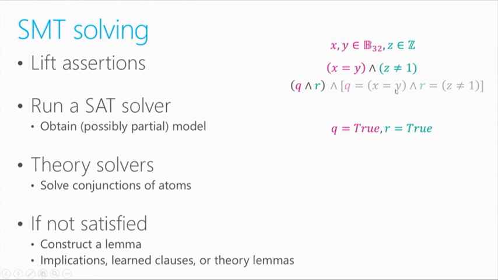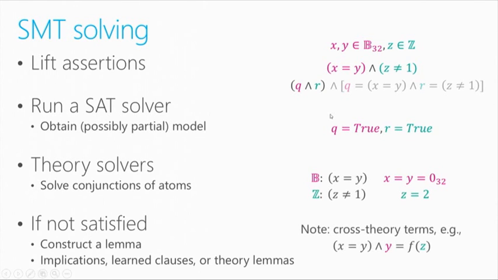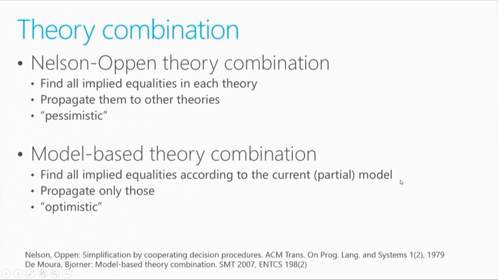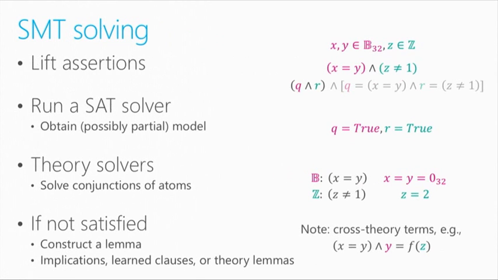That's why this is grayed out, where you just keep that in the background. So if the SAT solver tells us, well, set q and r to true, so this formula is satisfied, that means we need to satisfy both these constraints here. Since they're colored in only one color, we can run the theory reasoners for those two